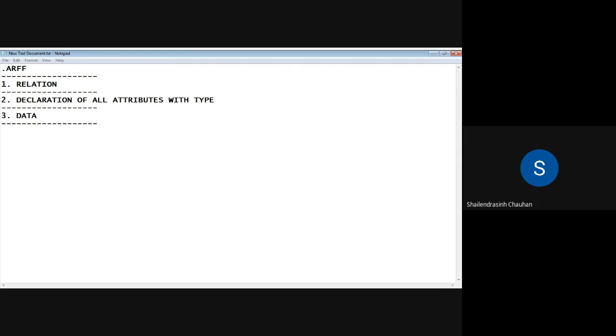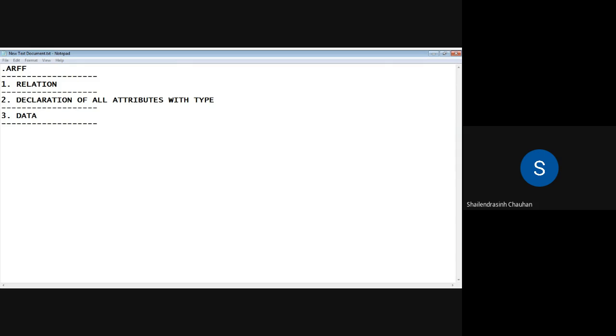We will see that kind of examples also in upcoming practicals, where you can have 0 or 1 kind of values. Well, that kind of practicals we'll discuss while we are going to perform classification, prediction, clustering and all. Okay, so what we are doing now, we are trying to create our own data set.